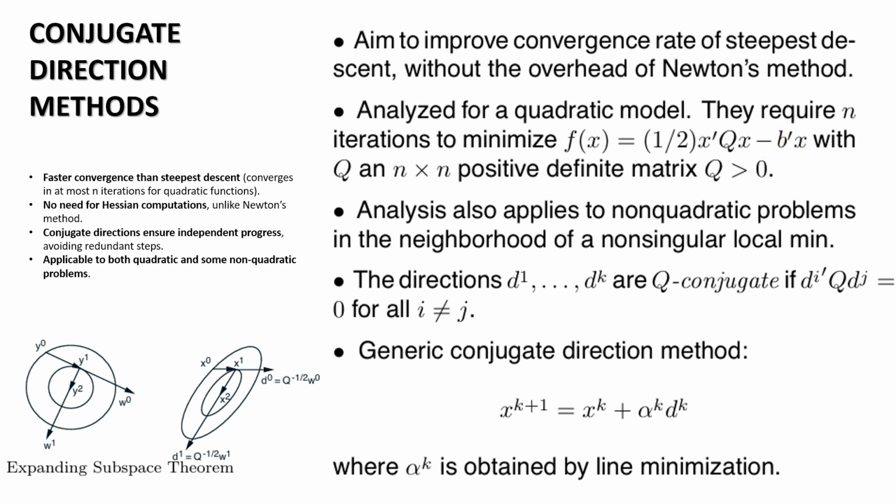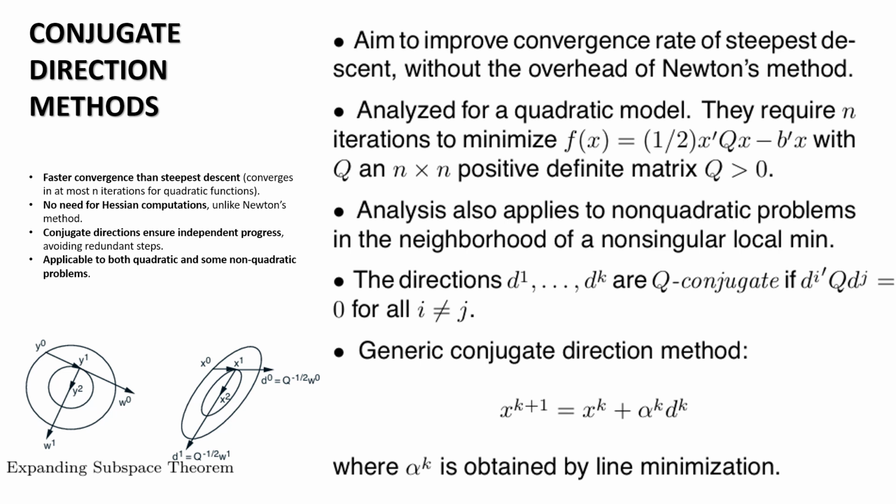Many optimization problems, particularly in least squares regression and numerical linear algebra, can be expressed in this form. So if Q is diagonal, the problem is simple, but for general Q, we need efficient algorithms like conjugate gradient